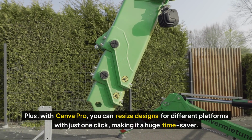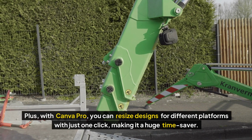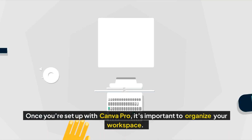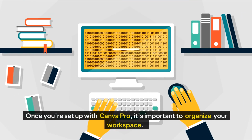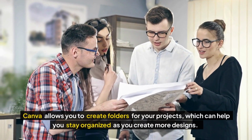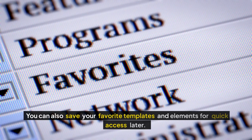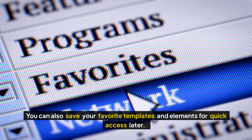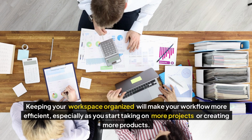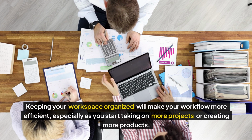Plus, with Canva Pro, you can resize designs for different platforms with just one click, making it a huge time saver. Once you're set up with Canva Pro, it's important to organize your workspace. Canva allows you to create folders for your projects, which can help you stay organized as you create more designs. You can also save your favorite templates and elements for quick access later. Keeping your workspace organized will make your workflow more efficient, especially as you start taking on more projects or creating